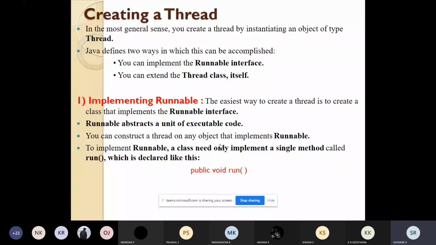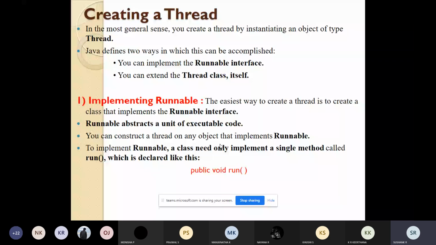Whatever logic you want to write, you can write it inside the run function. All these things we will see when we are writing the program: how the run function works, how the start function works, how the sleep function works. So this is one method of creating a thread.